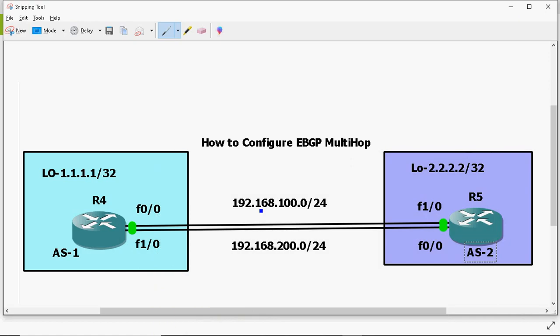In case I configure the physical interface, I can use only one link, and the other link would be idle. So if that one link goes down, the complete BGP will be down. So instead of that, I'm configuring two loopback interfaces, one on each router. In the R4 router I just peer the loopback interface. So through the IGP both routers will reach the loopback IP address, either via the first link or via the second link. So there will be load balancing. If one link goes down, the BGP won't go down until both links go down. So this is one type of load balancing.